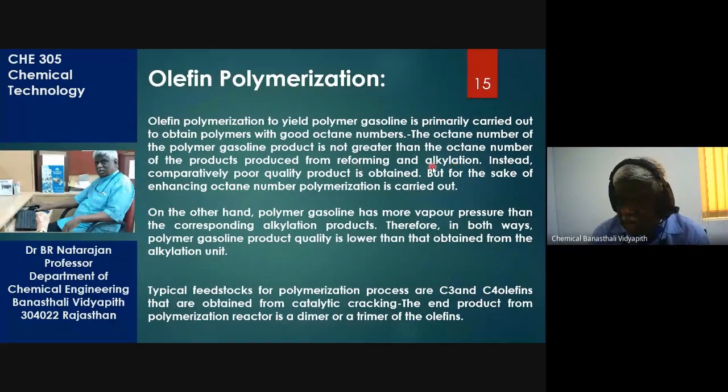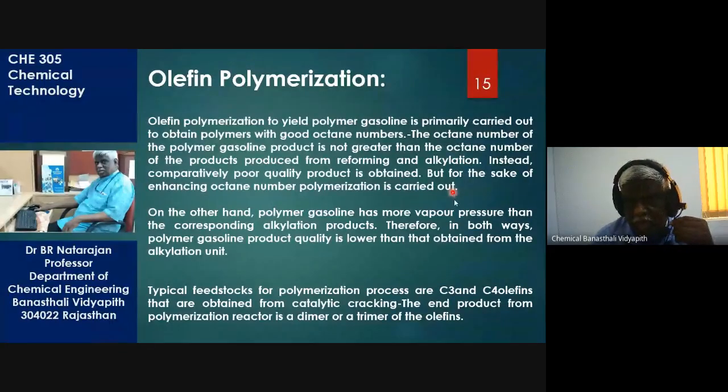So by reforming and alkylation, I'm having good octane number, but if I do olefin polymerization, I will get another equally good octane number, right? Comparatively, a poor quality product is obtained, but for the sake of enhancing octane number, polymerization is still carried out, right? So polymerization is not a very fancy thing, but for the sake of pushing the octane number, we